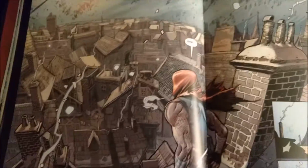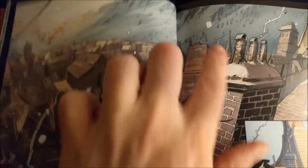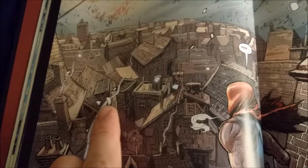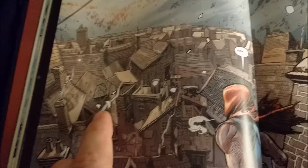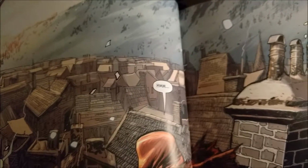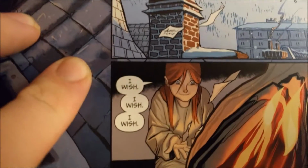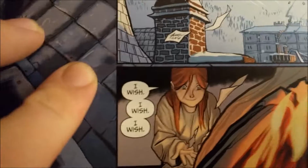Then we get this great double-page spread. Shows Santa up on the rooftop, checking out the town of Grimsvig. We have the mountains. So Dan does his snow as these kind of like square blotches that you can see here. But if you notice, on the page there's also these actual squared off with nice sharp angles and black edging, and those are actually letters that are coming out of the chimneys of all the houses. You see Santa going, not quite sure what's going on there. And as the panels progress, we see they're coming out of the chimneys, and we pan back down to our little friend the Ginger, who's throwing her wishes into the fireplace, and we can assume all the other children are